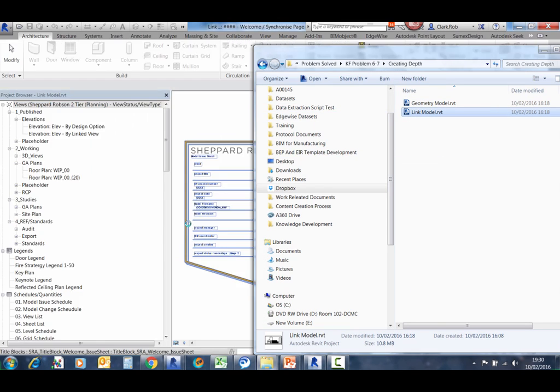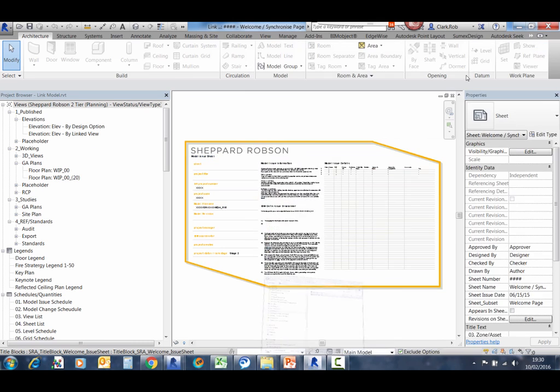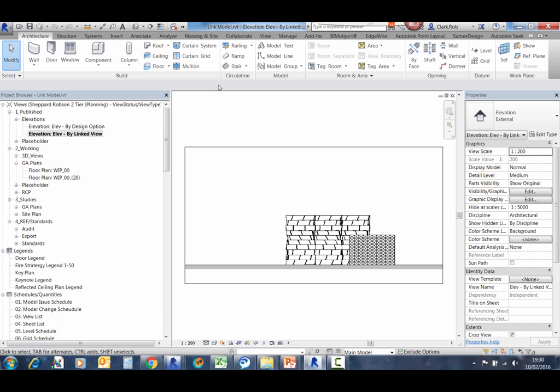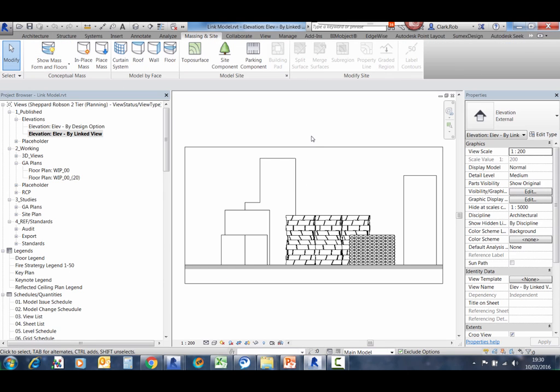Okay, so if you're working on work shared projects, perhaps this is your site model and you've got multiple buildings and you want to be able to control the depths. We've got two options in this particular scenario. Again, just turn on massing. The first particular one is to go through the same process that we did before, go into the original model and then select the elements that you want to be light, and do the overrides. And then in the linked model, or this model that has it linked back in, using your visibility and graphics,